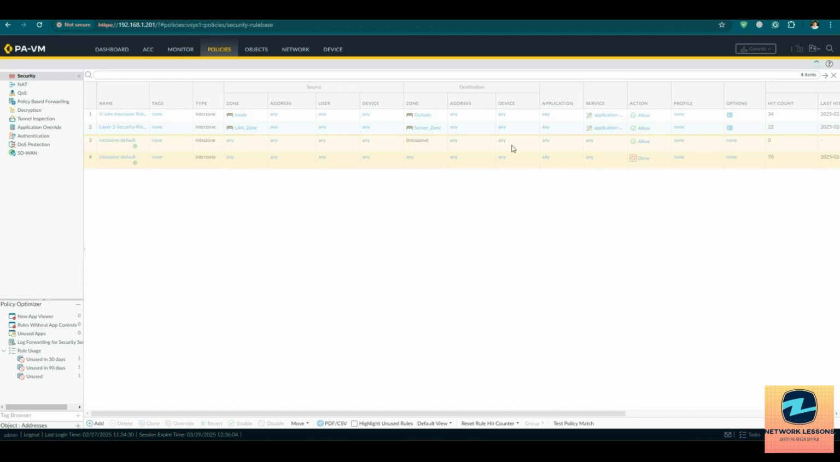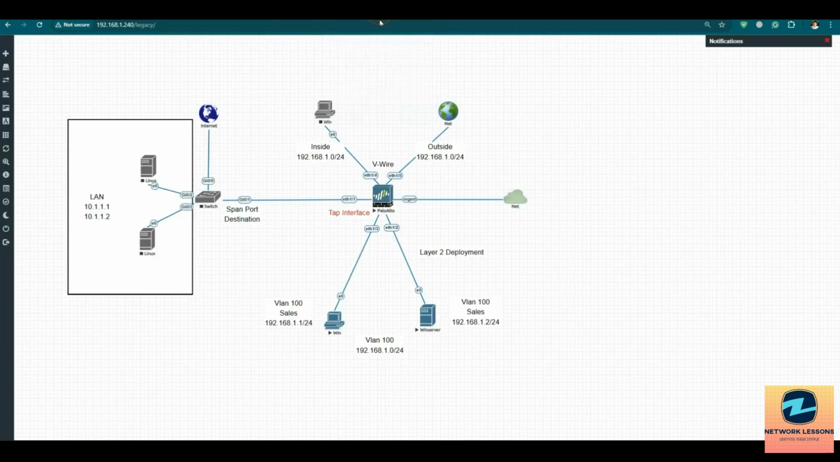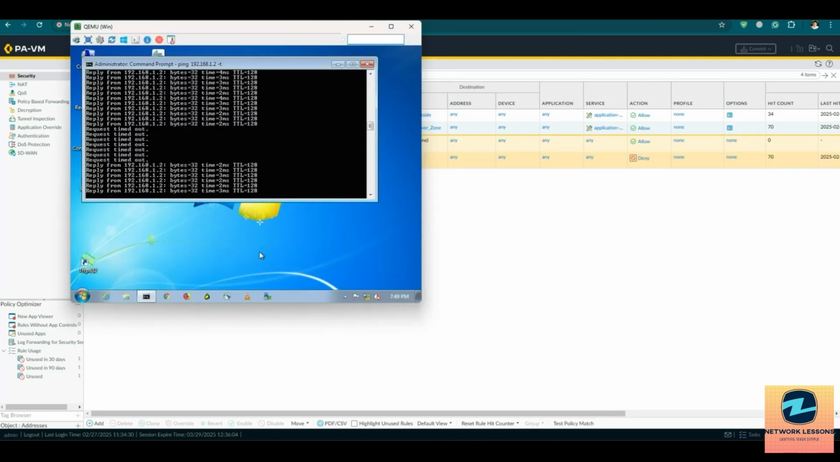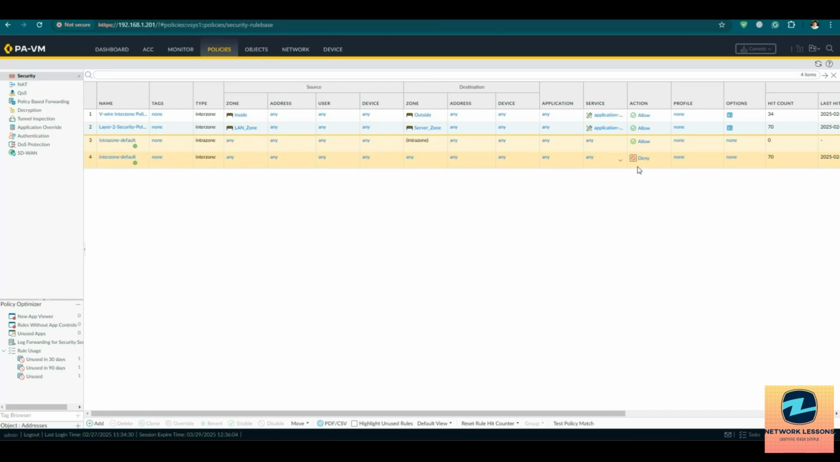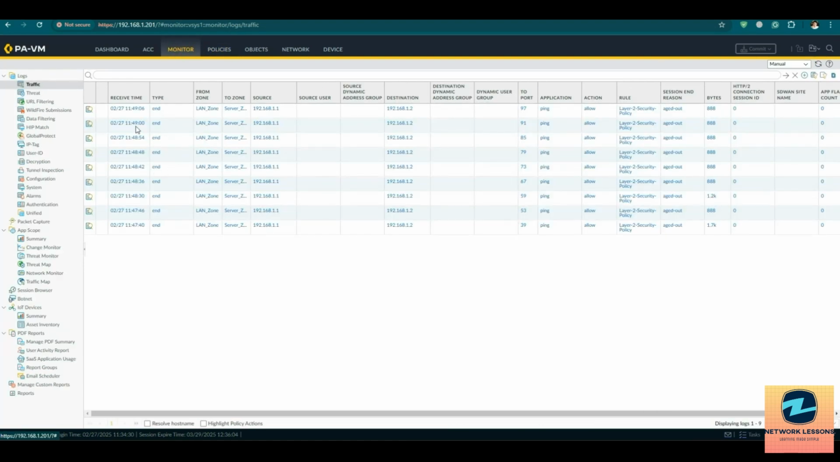And also I can go to the monitor and see the particular traffic that is being passed through these zones. I feel like there is something going on in the background with this VM, something wrong, because the GUI is not working. But now you can see the hit count increased, and you can go to monitor and see the traffic